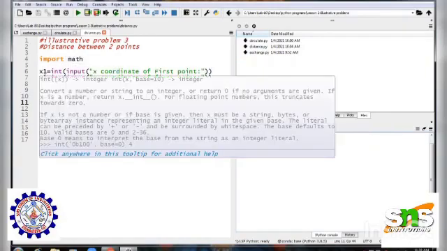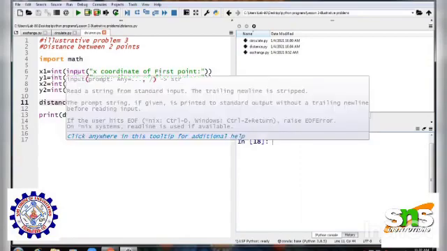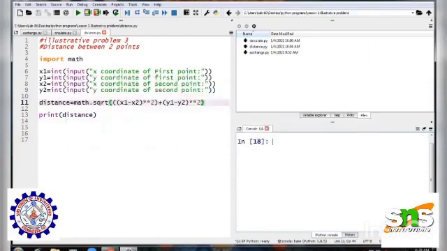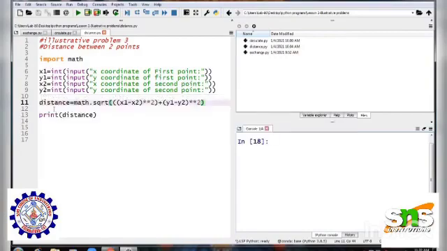So now I'm going to use x1, y1, x2, y2. I'm using the input statement for getting the inputs from the user: x coordinate of first point, y coordinate of first point, x coordinate of second point and y coordinate of second point. I'm getting them into variables x1, y1, x2 and y2. Now I'm using the distance formula, that is distance will be math dot square root of (x1 minus x2) the whole square plus (y1 minus y2) the whole square. So this formula will help to